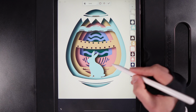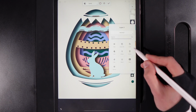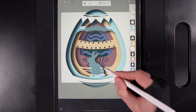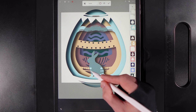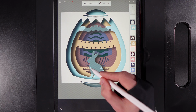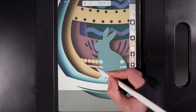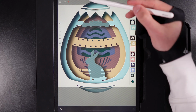So what you can do on this layer, because we've got the little beads here, they may be separated by a pixel or two. If I tap on this layer and go to the option of select to select everything on that layer, and now drag to the right hand side a few times everywhere I think there should be some gaps, like these little beads down here, potentially just where they've got a little bit separated. Just want to make sure we don't miss anything, just so that they have a nice good amount of color on them, that nice little crispy edge. So that's just on this layer, and hit the tick when you're done, and hit the red dot as well